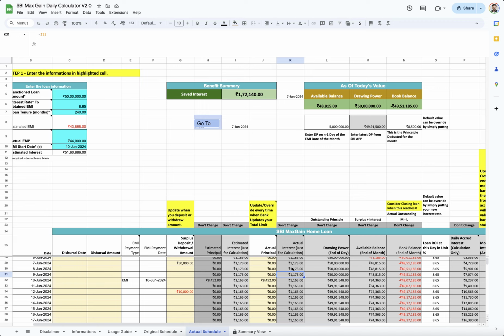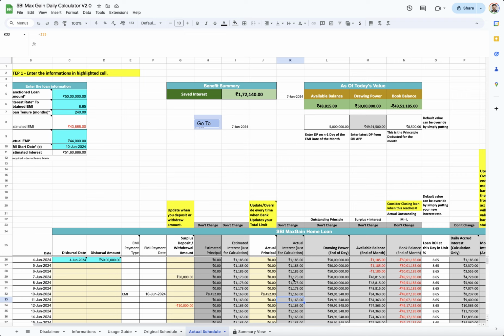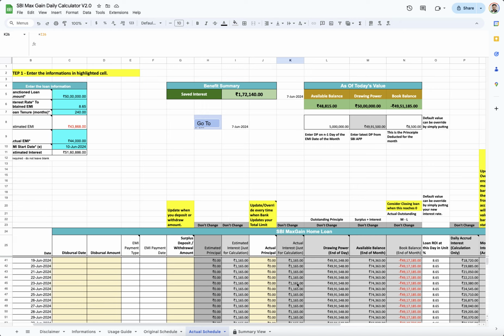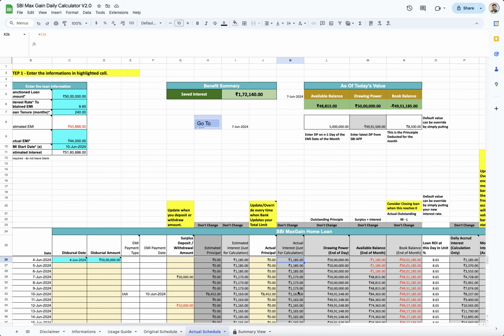Then this is the interest actual for daily basis. This is a very interesting column. So this shows how much interest you are paying to the bank on a daily basis. Okay, so based on the amount that we parked, for example, here we were giving 1,185. The day we parked the 50,000 rupees, from that day we are giving this amount of interest. Okay, so you can basically see on a daily basis how much interest you are saving, and then there is a